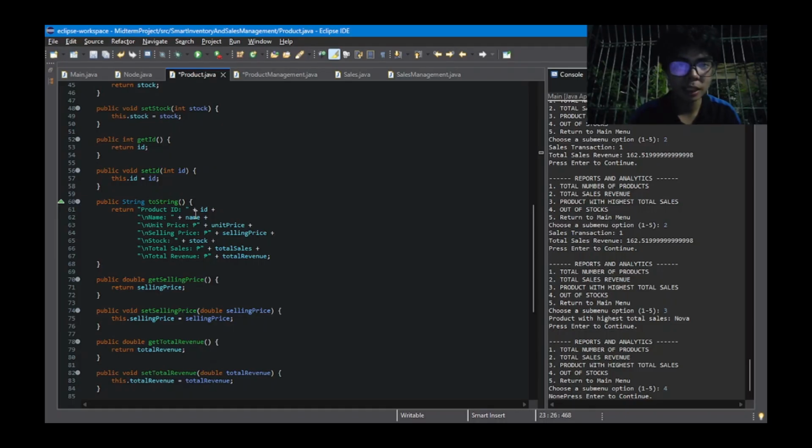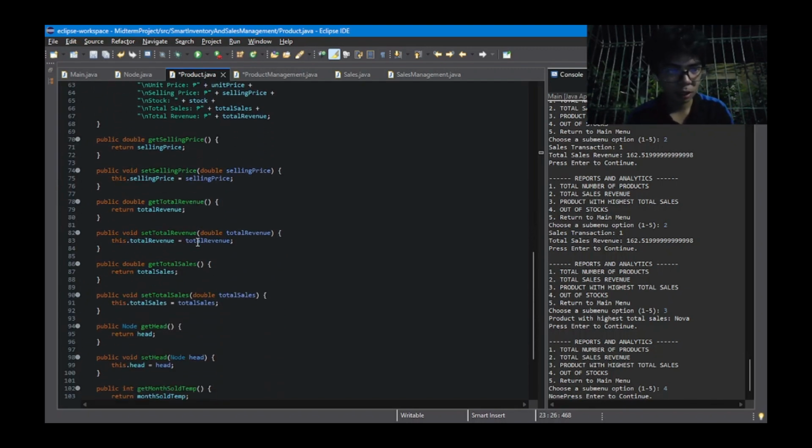The unit price is the initial price, and the selling price is the price we sell the product at, after we increase the price, so that we can get the total revenue correctly.